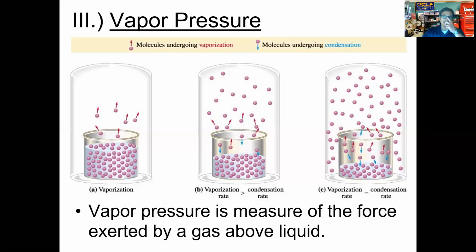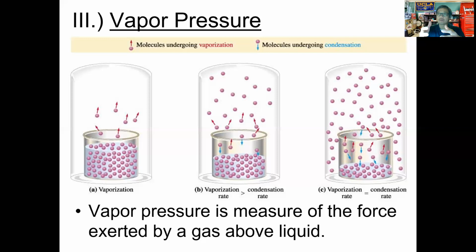The second property that liquids possess is this idea of vapor pressure. Vapor pressure, folks, even though the term vapor appears in the name, is a property of liquids. Different liquids will have different vapor pressures. What you want to make sure you keep in mind, and this is something I will remind you of often, is that whenever we talk about vapor pressure, it's the pressure that's generated by a liquid as it evaporates. It is the pressure of the gas, the vapor that forms when the liquid evaporates.